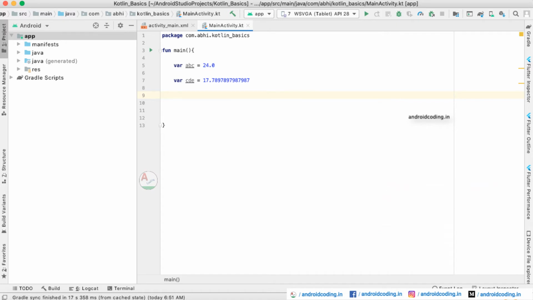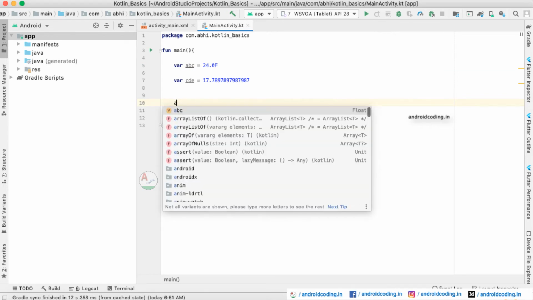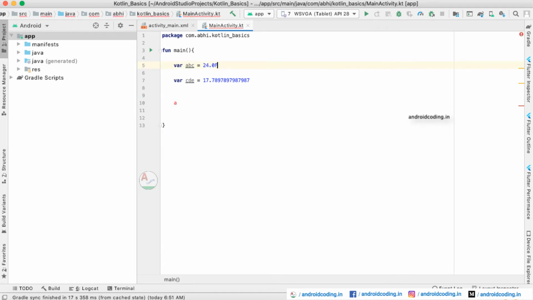Here we want abc to be a float. So if you want it to be recognized as float, you need to specifically add an f over here. Now let us see what the data type of abc is. It is float here, and cde is the same as double. So here, using type inference, we are automatically detecting the data type of a variable. When you compare these two variables, it is being accepted just like a double, but if you want to specifically say that it is a floating point number, we add an f to the value.